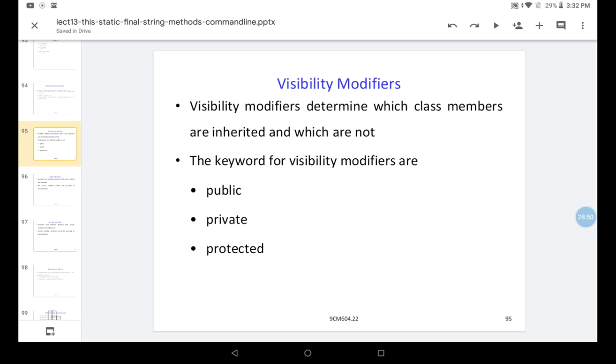It depends on whether the keyword public, private, or protected is used.